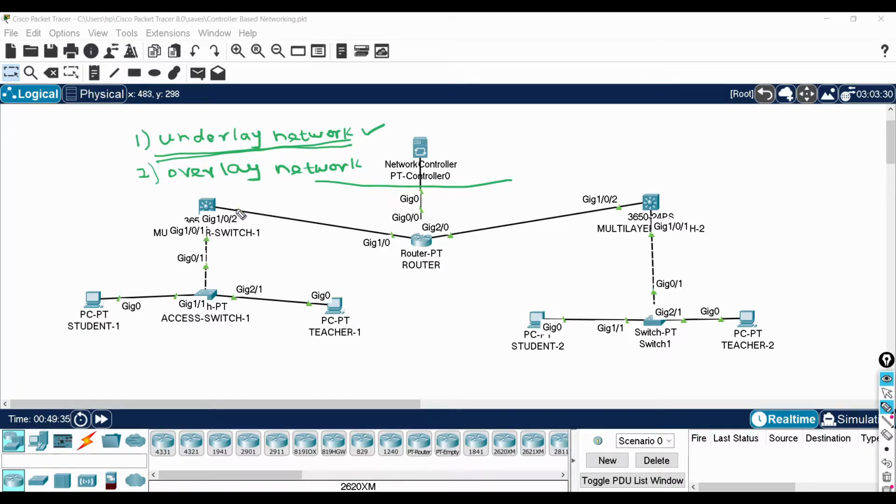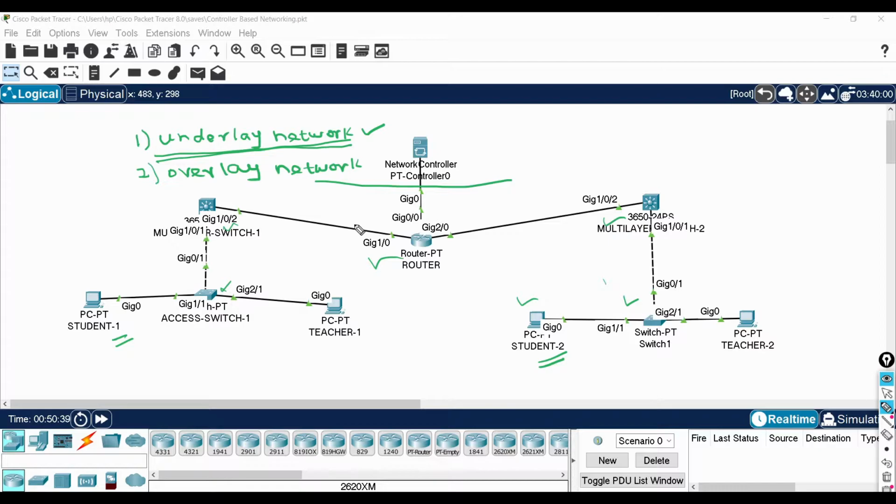So in this network, I formed my underlay network, and of course I added the network controller to my underlay network. Just assume student 1 is not able to reach student 2, so the communication is not established. You have an issue, and when you start troubleshooting in a traditional networking environment, you have to worry about all the devices in its path. You need to check all the devices, and it is killing. It is a tedious job to do.